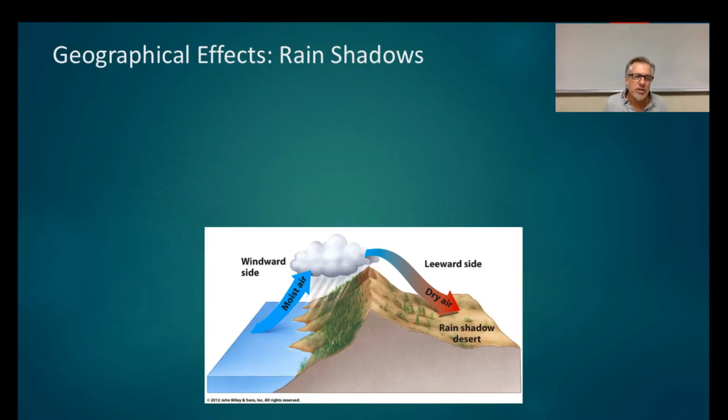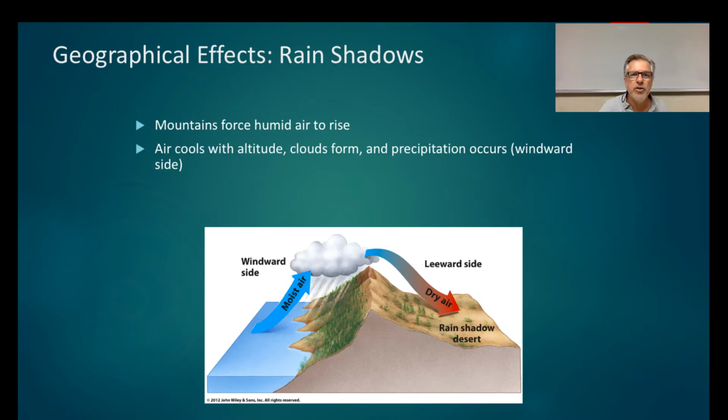Finally, the last effect I want to show you is this idea of a rain shadow. When moist air comes off an ocean and hits the mountains, it forces the humid air to rise, and as it rises, it cools, and therefore the vapor condenses, and you get clouds forming and then precipitation. That means on the leeward side of the mountain, the downwind side of the mountain, now there's very dry air coming